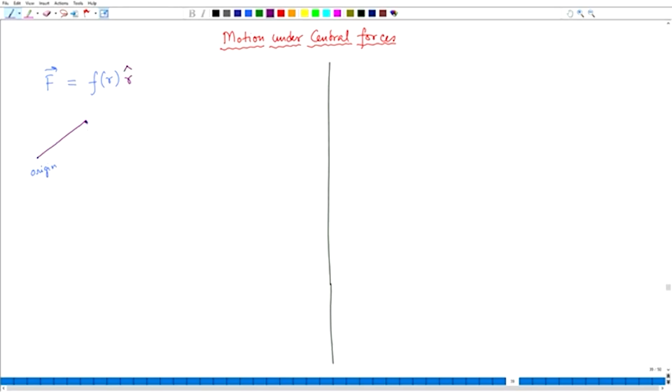So, I can call this point the origin O and this point P the target point. Okay. So, r cap can be actually